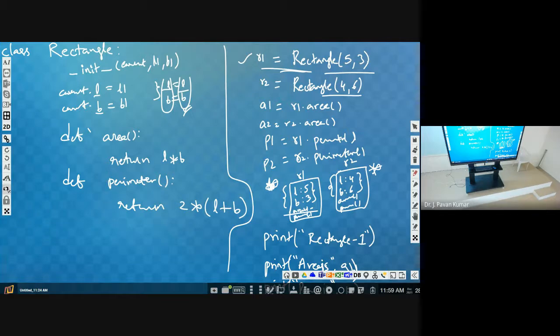No. This is a function. Actually in Python we have this init function separately, but in other object oriented programming languages like C++, Java, C#, .NET, we will have this particular thing with the same name as the class name.